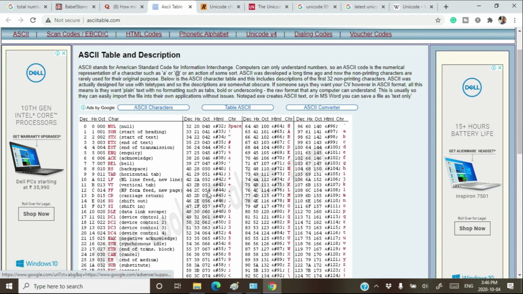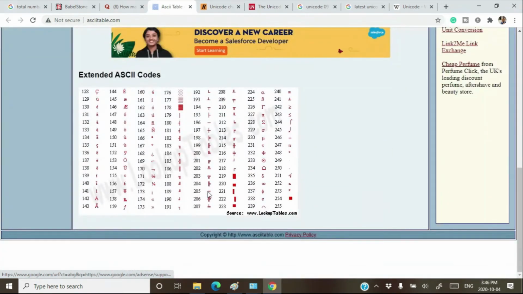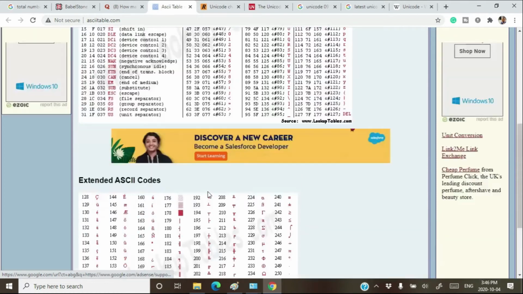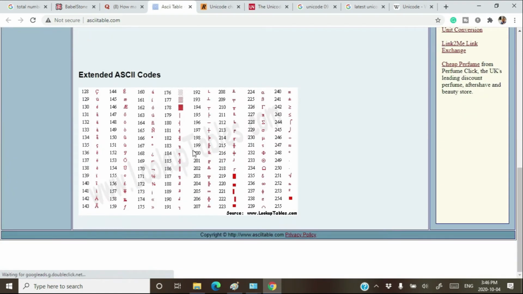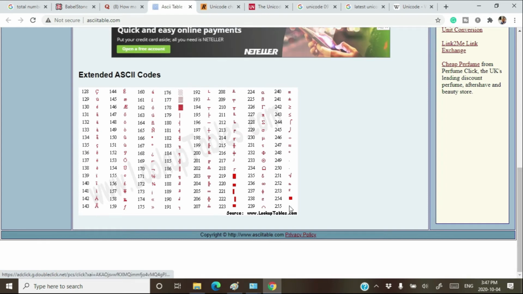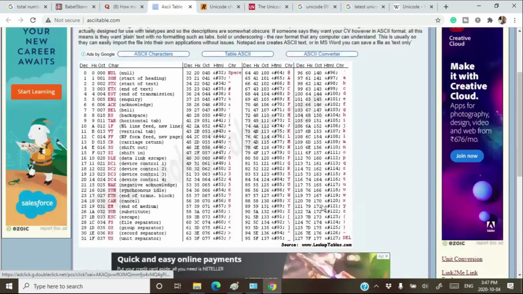What they further did is they started representing the ASCII values by using an 8-bit number, and when you include the 8th bit, you can represent 128 more characters, because the total range of 8-bit binary is from 0 to 255, and the total range of 7-bit binary is from 0 to 127.